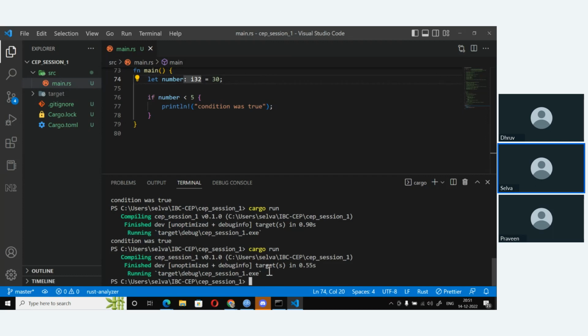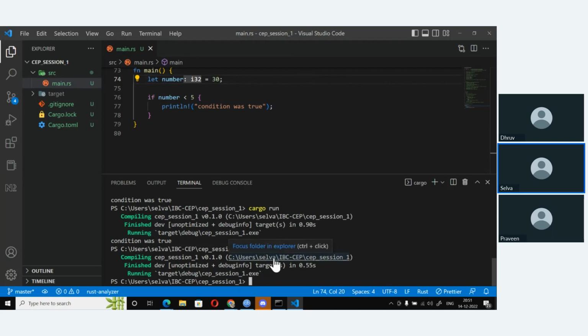No output. So when you have something to do only when a condition is met, then you can use just a plain if. But usually you will have scenarios where if the condition is true, you do one set of things, and when the condition is false, you do another set of things. That's where if else comes into play.